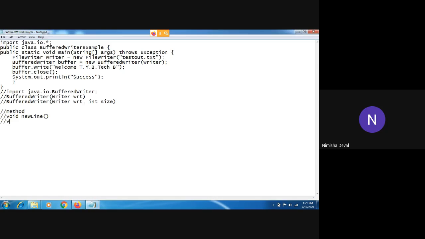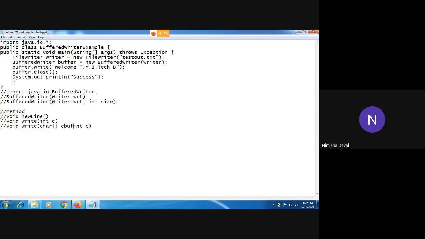Okay, next method is write, and one parameter is there, that is the integer variable name. This method is mainly used to write a single character. Likewise, another method is there. This is also write, but here we can provide the character array.